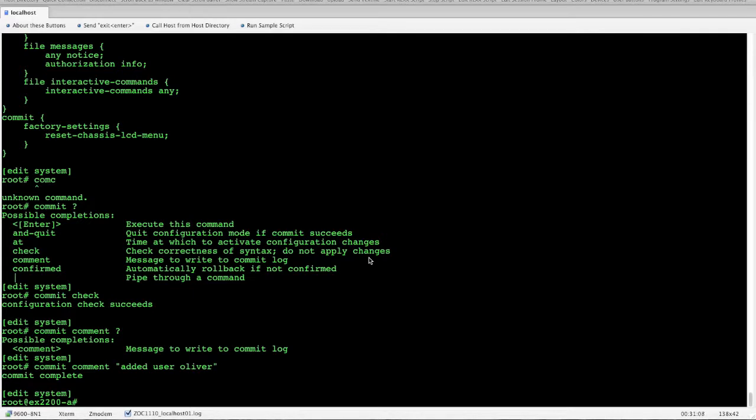We've gone from root pound to root at ex22-a pound. So now we've applied the host name command we've set up. This means that we've copied our candidate configuration to our active configuration, and what we just did is now our active configuration. The last one I want to point out with commit is the commit confirmed, and this one is a real